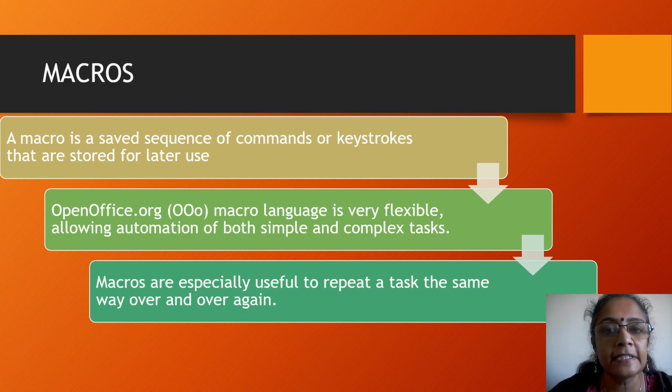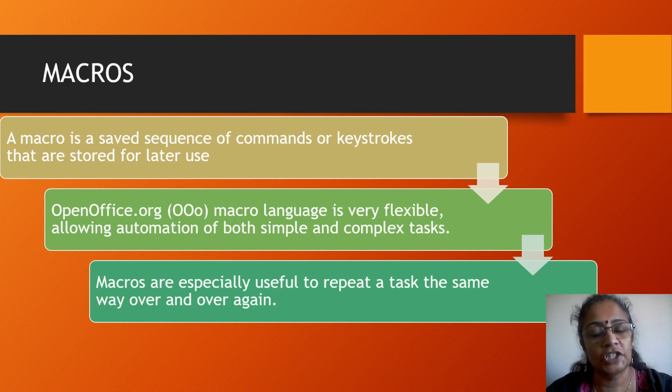Sometimes when we are working with an Excel worksheet, with a spreadsheet, we may need to use the same commands again and again on multiple workbooks or worksheets. So instead of repeating the same commands again and again, we can save them together as a macro and use that macro later whenever we want to run the same steps again. This way it saves a lot of time for our work on a spreadsheet. So that is called a macro.